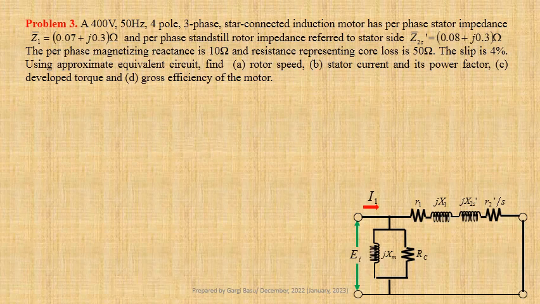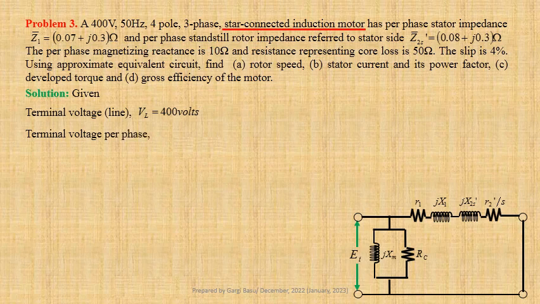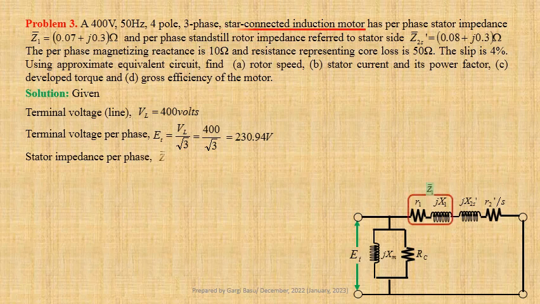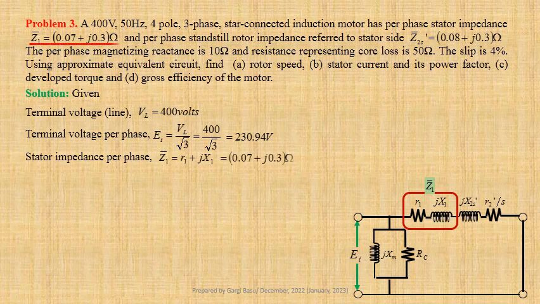Let us first write down the given data. Line to line terminal voltage VL equals 400 volts. For star connected induction motor, terminal voltage per phase ET equals VL by root 3, that is equal to 400 divided by root 3, that gives us 230.94 volt. Given stator impedance per phase Z1 equals R1 plus jX1 equals 0.07 plus j0.3